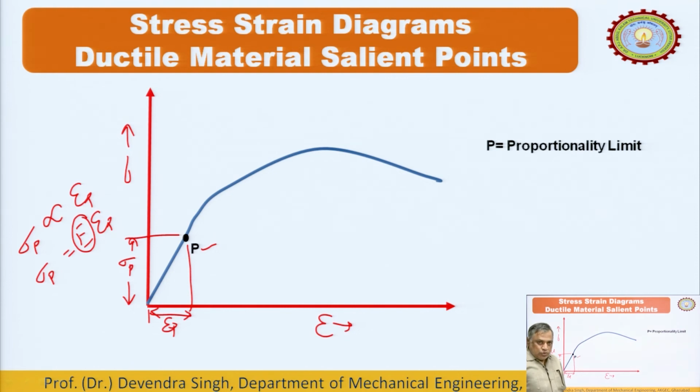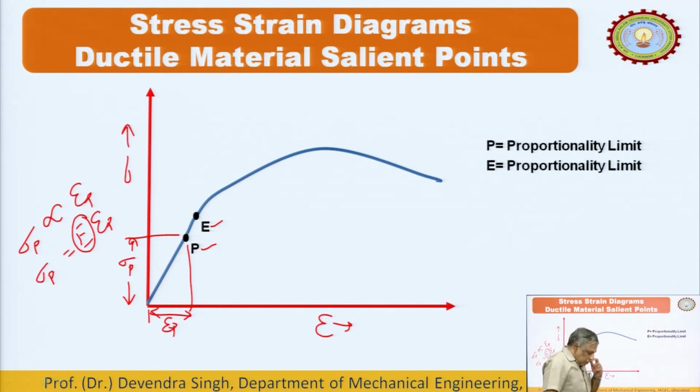Then after that, to some extent there is a point that is the elastic point. This is the point up to which the material has the capability that, as soon as you remove the deforming load, the material can regain its original shape. The point up to which this property is retained by the material is called the elastic limit. So, this is sigma E. The stress corresponding to point E is the stress at the elastic point.